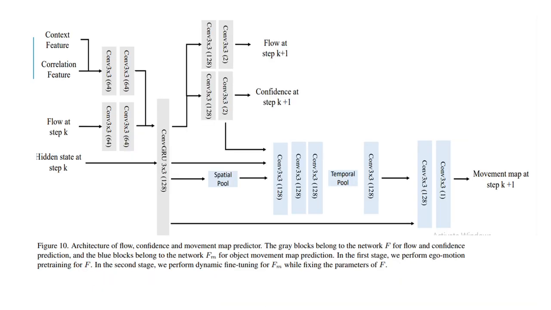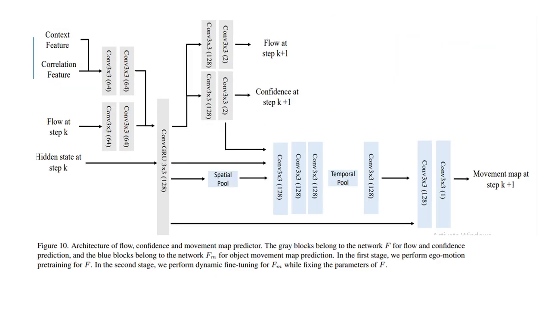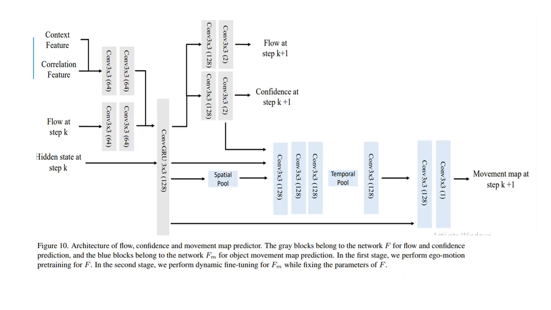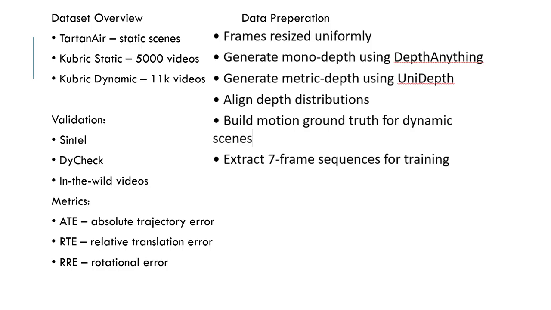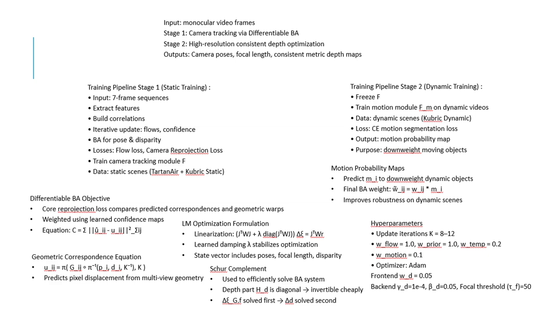Here the gray stage is static training, which is used for static scenes, and the blue one is dynamic training, which is used for dynamic scenes. These are the modules used for our entire architecture. Now the first one, input, I already said: in data preparation we extract an exact 7 frame sequence for training. So we are inputting 7 frame sequences and extracting features, and we build a correlation volume and iteratively